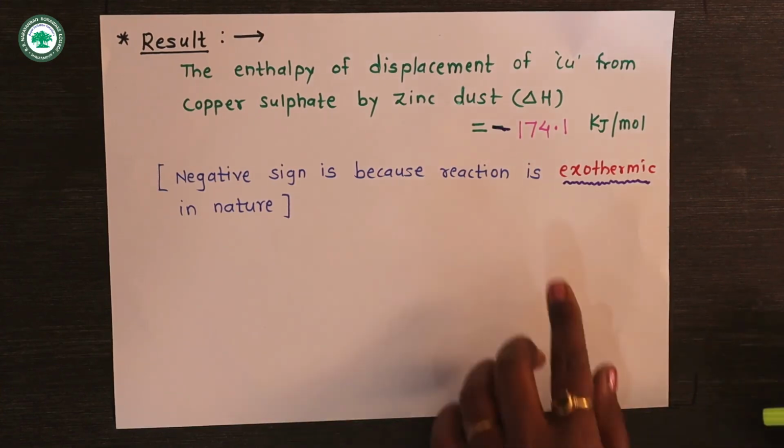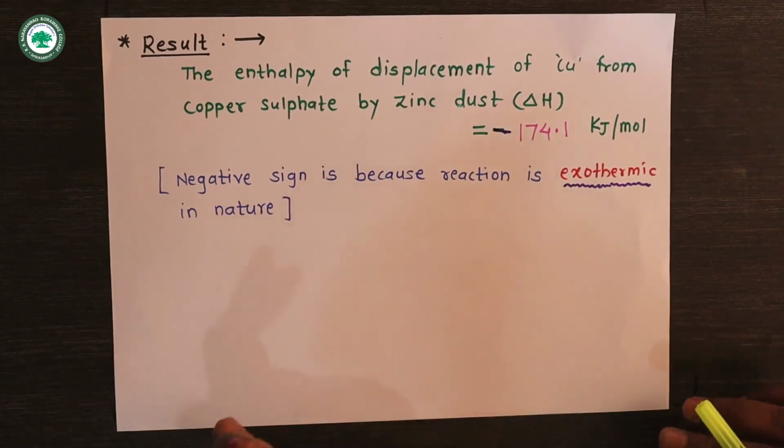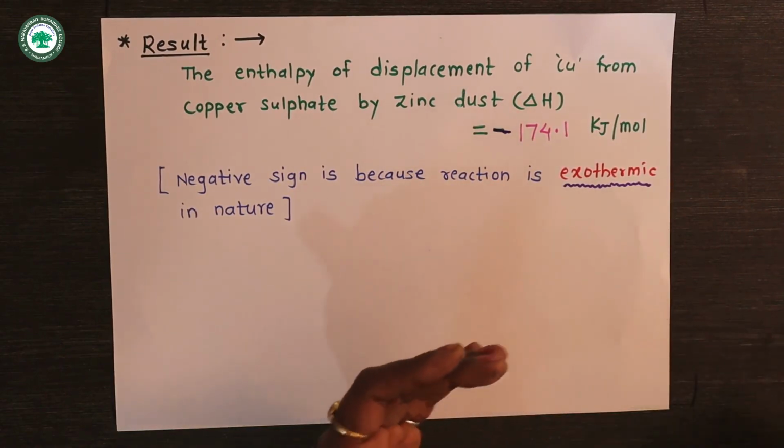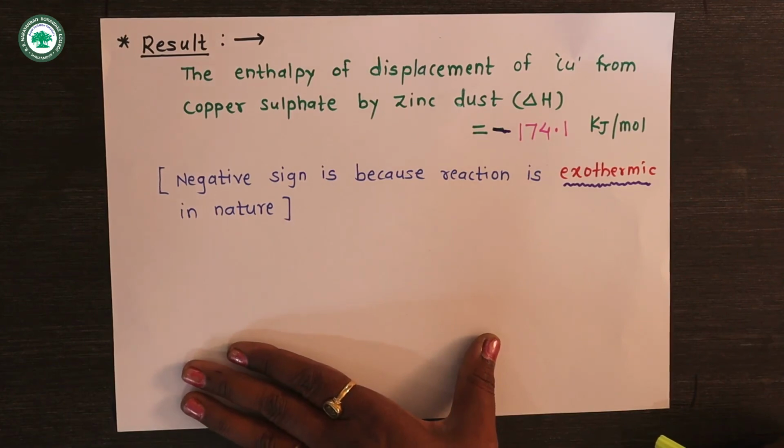This value can change because the rise in temperature T2 minus T1 can vary by a slight difference in temperature, depending upon the conditions of the environment. So here we have seen this experiment. Let us stop.